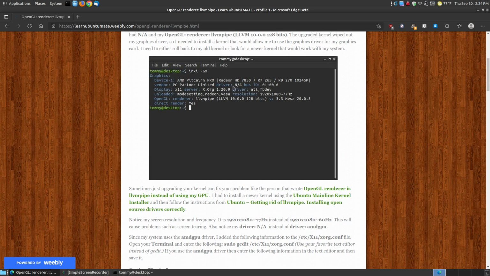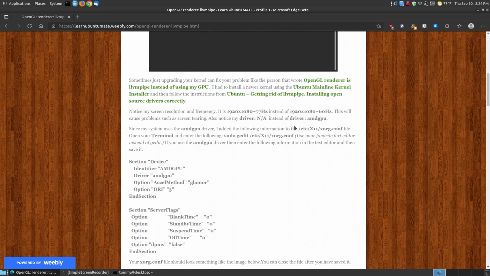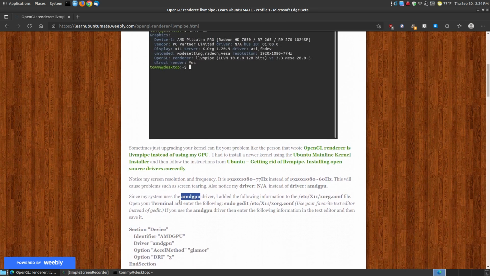Fix the problem with the driver, fix the problem with the renderer and OpenGL, and fix the resolution so it's using the correct frequency. Notice the screen resolution that I set up there. One way you can do this is to use the AMD GPU driver. Now these steps right here will not work